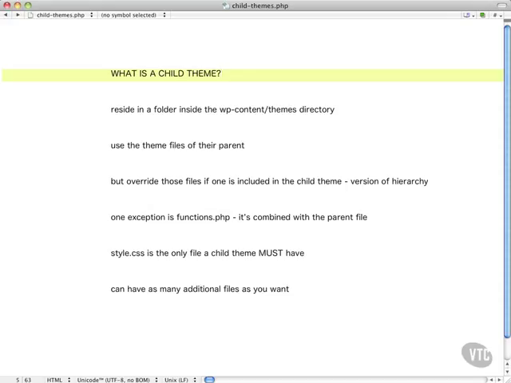If you've looked into WordPress at all, you've probably heard the term child theme. It's a very important idea, and we're pretty much going to be working with child themes throughout the rest of this course. So we need to understand exactly what they are. First of all, a child theme is a full theme in the sense that it shows up in your client's